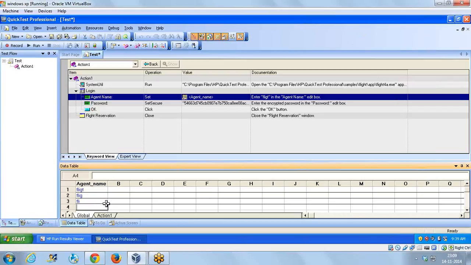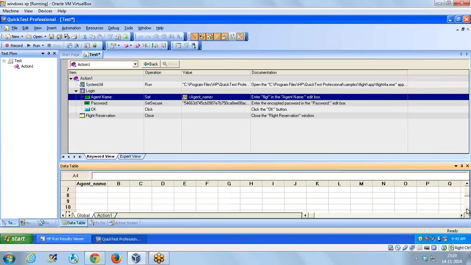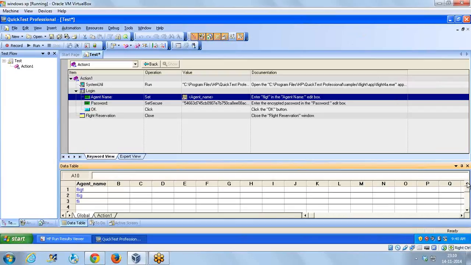Okay, so for example, if you have 10 lines of data in here, from 1 to 10, but you don't want to run all the 10 lines of data. You just want to run from line 1 to line 3, or line 5 to line 6, or from line 5 to line 8. And you should be able to control this data table. By default, it is going to run all the data which is present over here. But if you want to run only a particular table, for example,